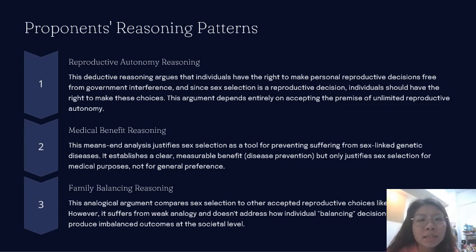Let's analyze the reasoning patterns used by proponents of sex selection. The reproductive autonomy reasoning is deductive, arguing that individuals have the right to make personal reproductive decisions free from government influence. The medical benefit reasoning uses means-end analysis to justify sex selection as a tool for preventing suffering from sex-linked genetic disease. The family balancing reasoning employs analogical argument, comparing sex selection to other acceptable reproductive choices like family size. However, it suffers from weak analogy and doesn't address how individual balancing